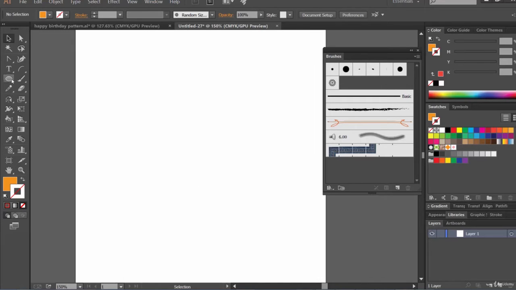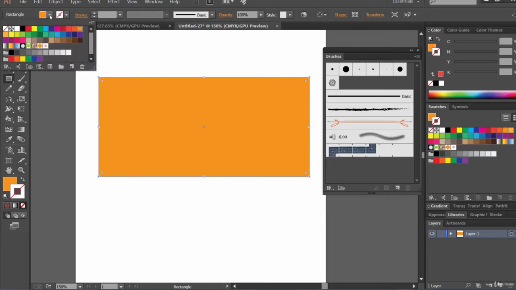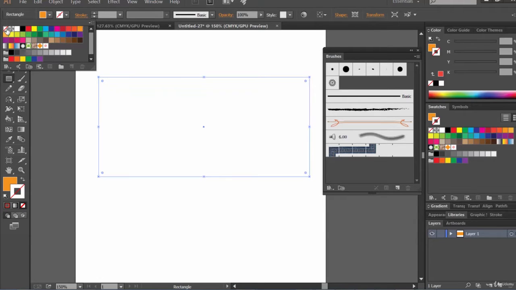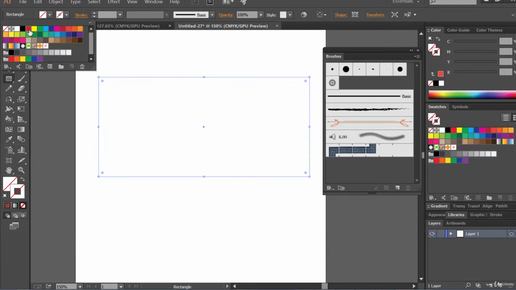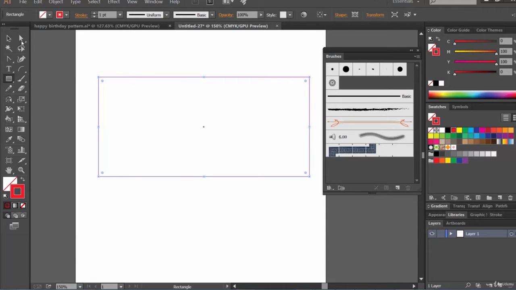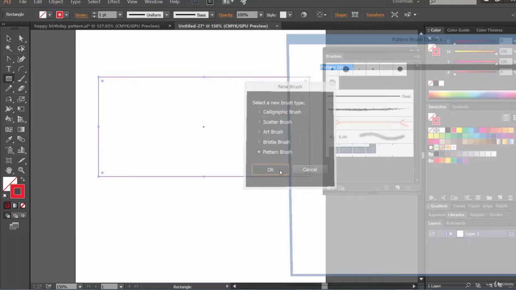And now let's create a rectangle, just like this, but it will be having no fill but a stroke of, say, this color. Now let's create a new brush by clicking on this new brush icon, and this time we'll be creating a pattern brush. Let's click on OK,